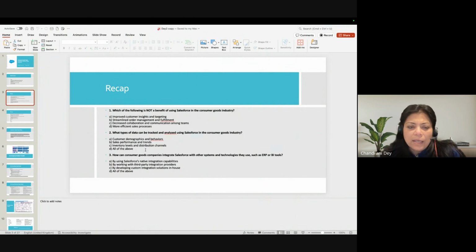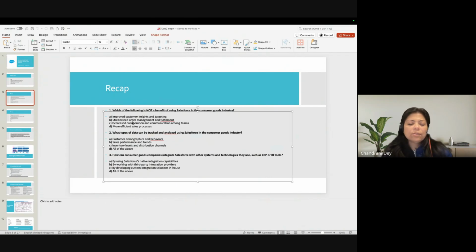This looks very easy and straightforward, because when we are using consumer goods cloud software, we will expect improved customer insights. We will expect everything streamlined, a more efficient sales process. What we will not expect is any kind of decreased collaboration, right? So this is the answer.